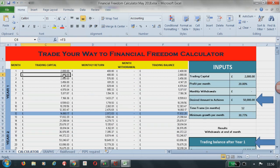So here at 2,400, you're only risking 2% of your trading capital. You should only be risking a maximum there of £48. Okay, it seems small, but that's what you have to do. And you might risk £48, but you might win £120 on a trade. So you might grow this very quickly, but